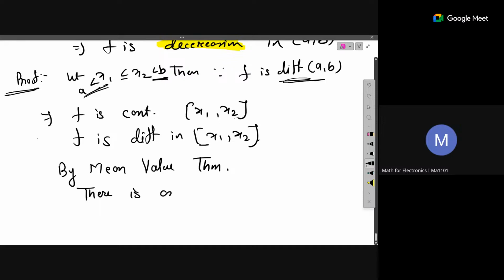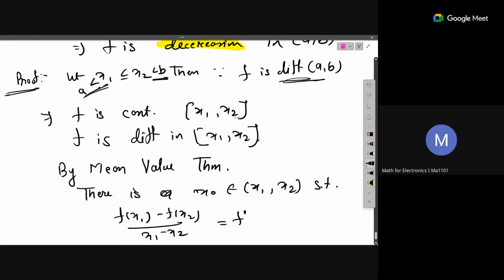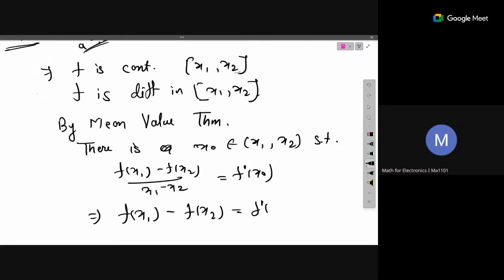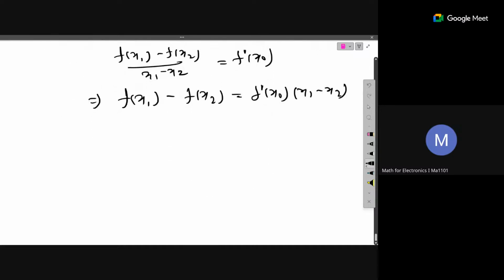There exists x naught belonging to between x1 and x2 in such a way that this ratio, f of x1 minus f of x2 upon x1 minus x2, is actually equal to f dash at x naught. Correct. And now if we take this term over to our left hand side, f of x1 minus f of x2 is equal to f dash at x naught times x1 minus x2. Right. Now here, if we consider our first statement, so by the first statement,